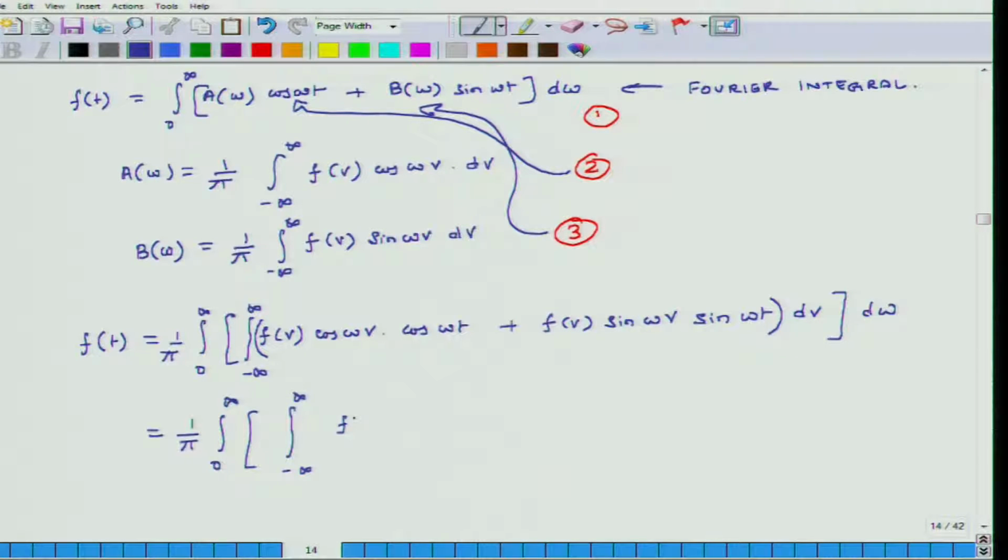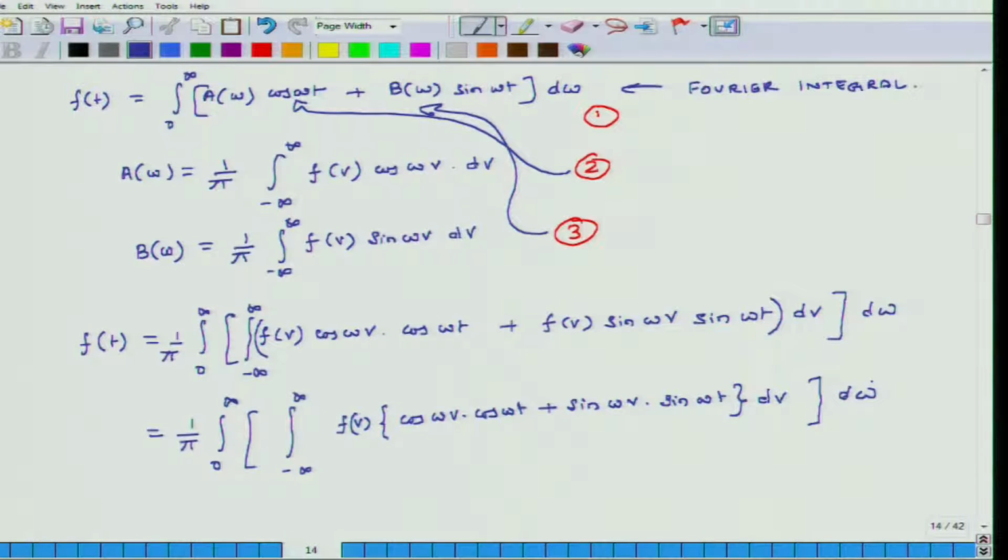I'll take f(v) as common, and in the parenthesis I'll have cosine omega v times cosine omega t plus sine omega v times sine omega t, and then I have dv